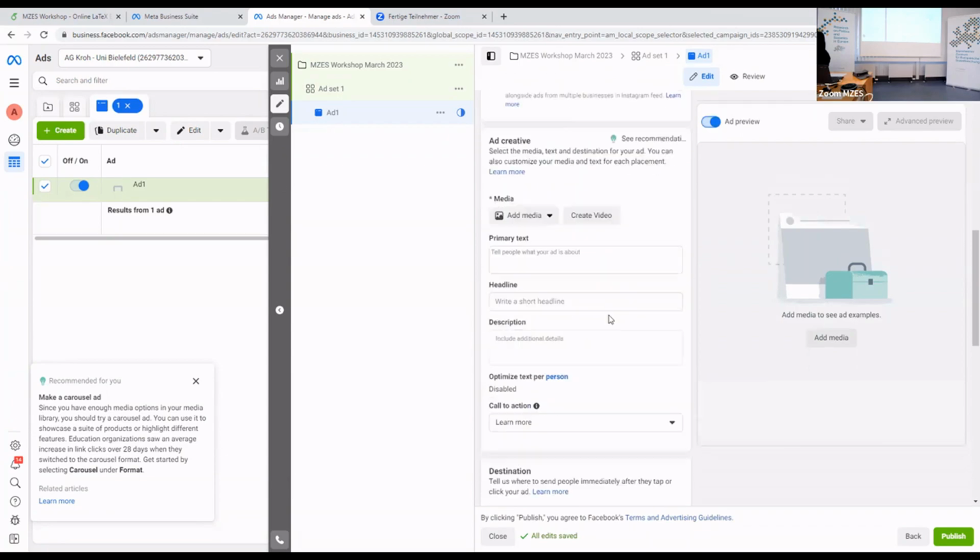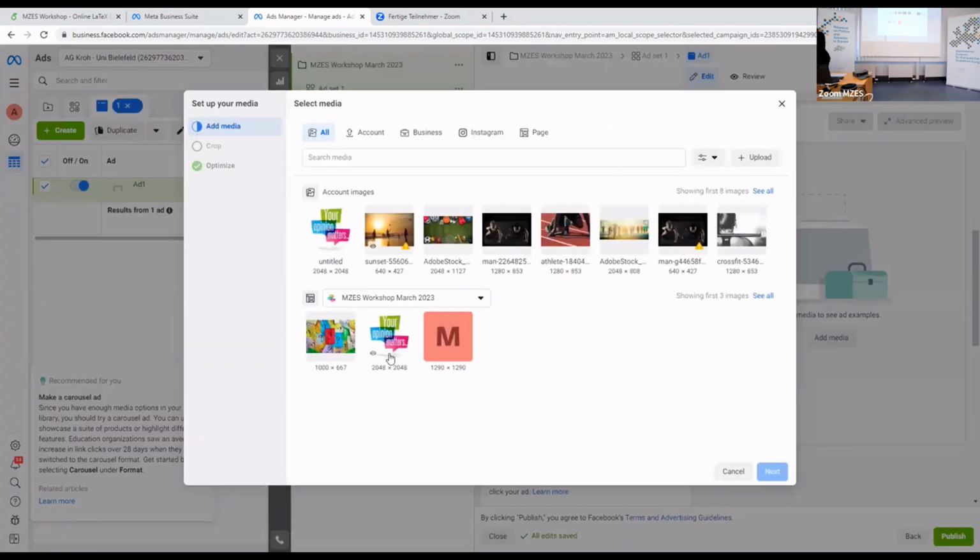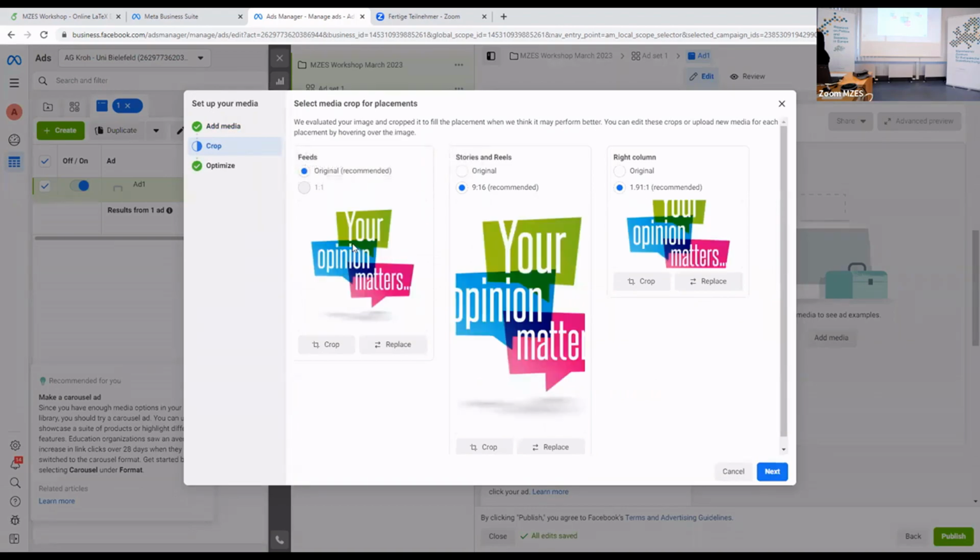Yeah, and I want to have single images. So now here at the ad creative, I can start creating the ad by clicking on add image and choose one of these images here. It's the most easy, but you can upload your own images. And then I can